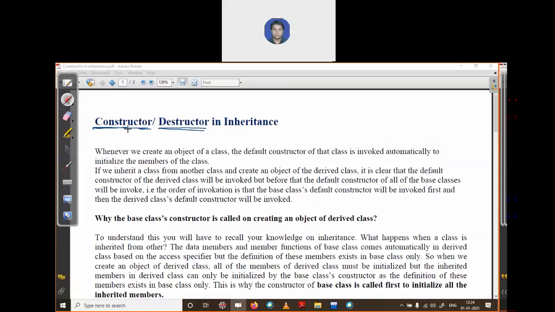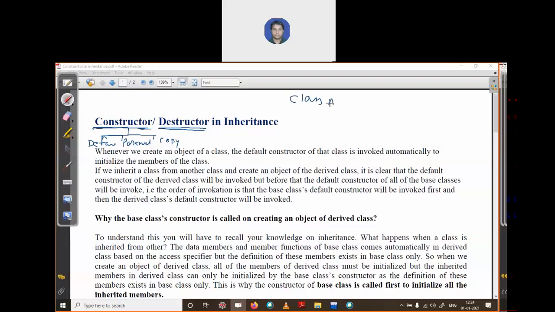There are several kinds of constructors: first, the default constructor; second, the parameterized constructor; third, the copy constructor. We have seen all these kinds of constructors.